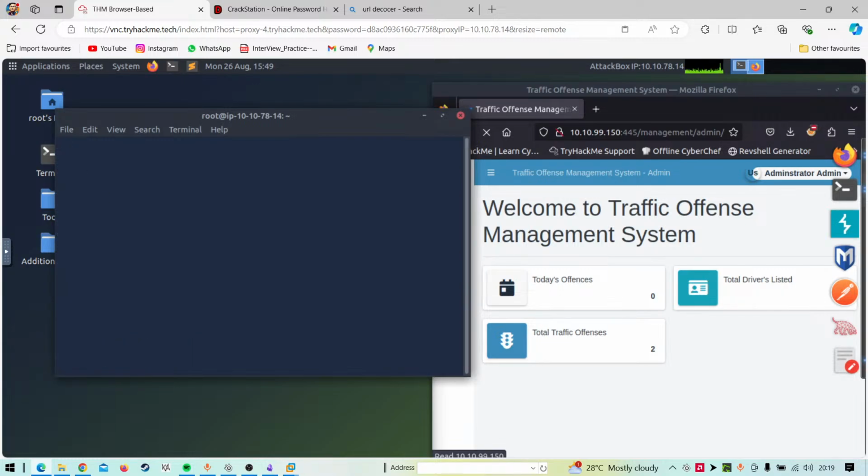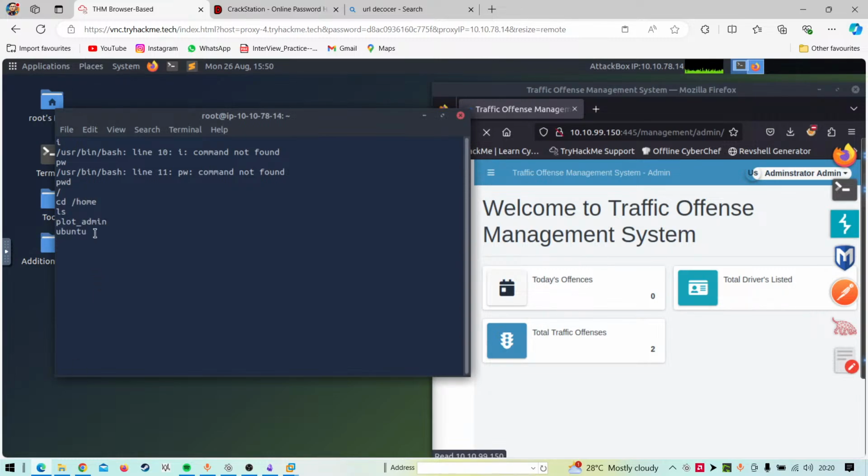I'll just clear it. You can do the Python thing for interactive, but I don't want it right now, so it's a waste of my time. So I just do id, pwd, I mean current directory. So it's cd /home.